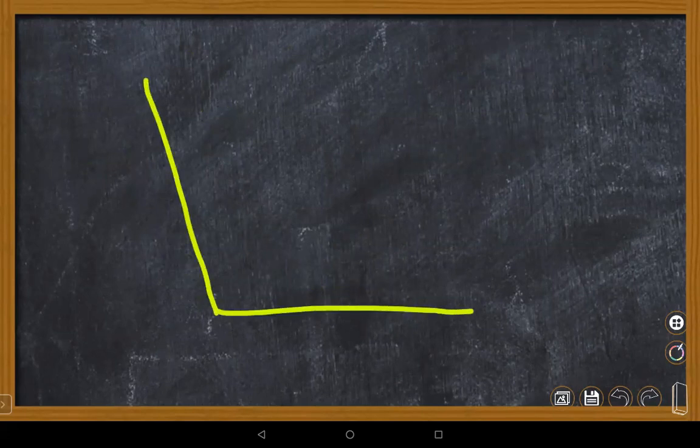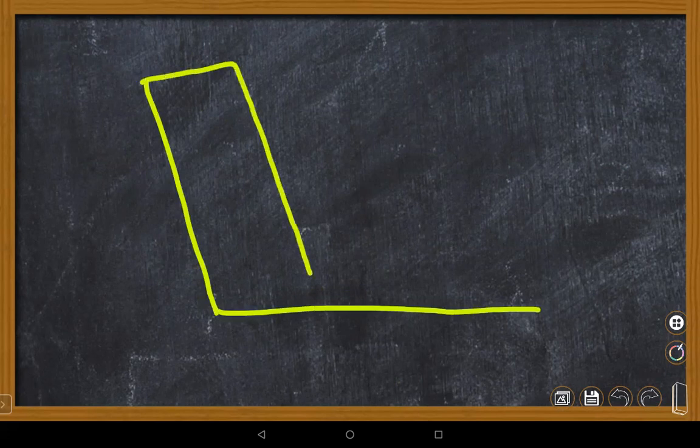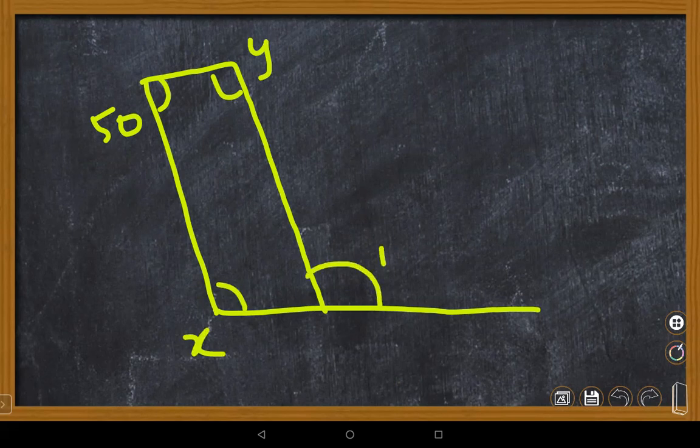Ma'am, I have a doubt. Could you go back? Okay, same figure. Yes, ma'am. One minute. This is angle 50, given. This is angle Y value, given. This, opposite to Y, is given as X. This exterior angle is given as 130, and not 130 for Z.